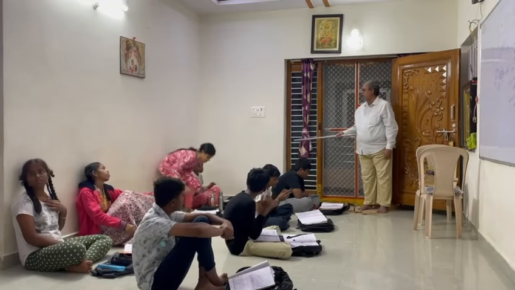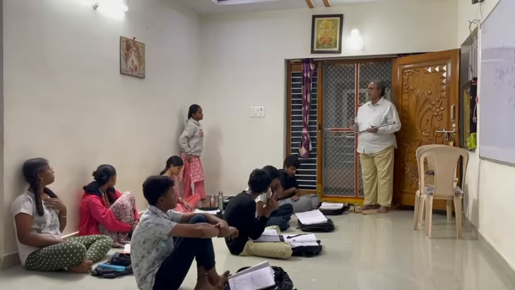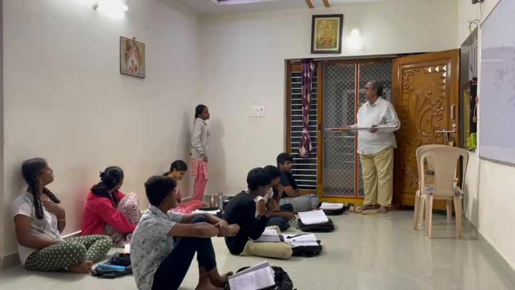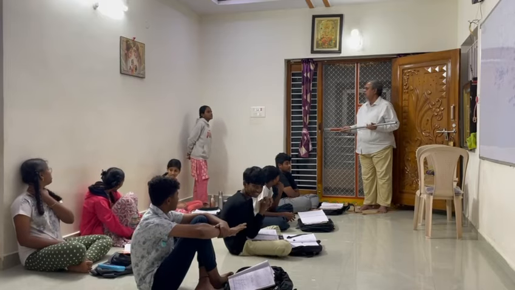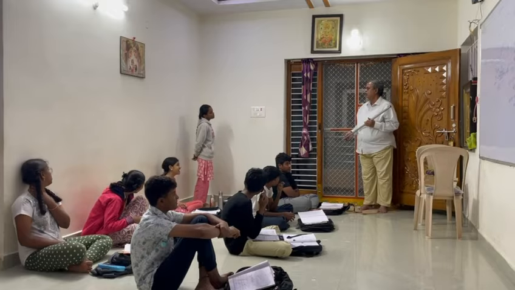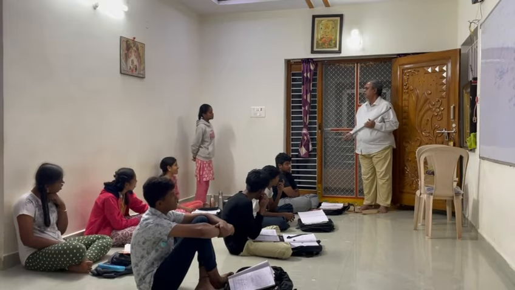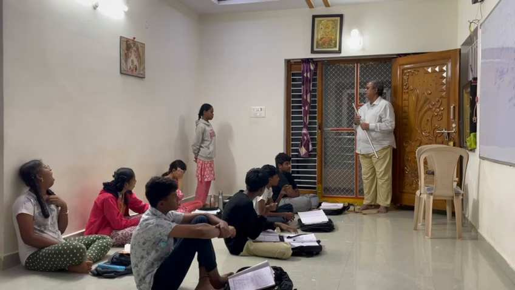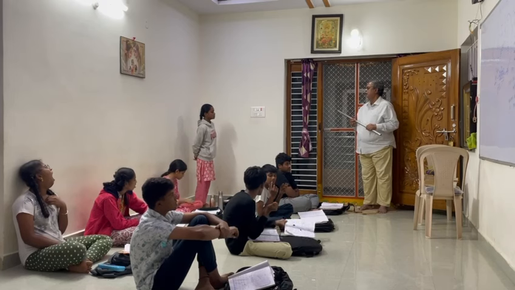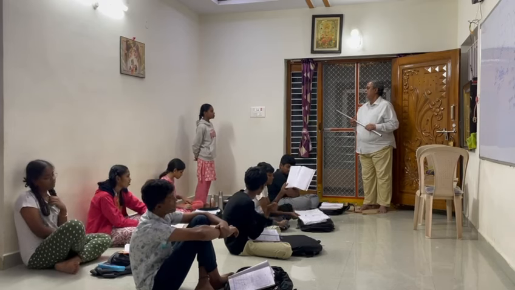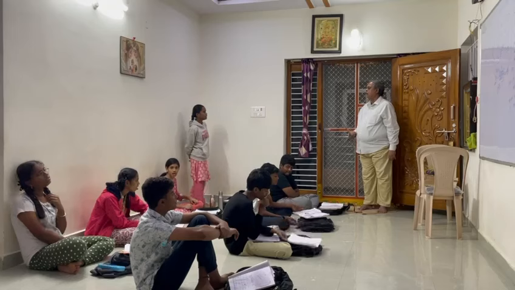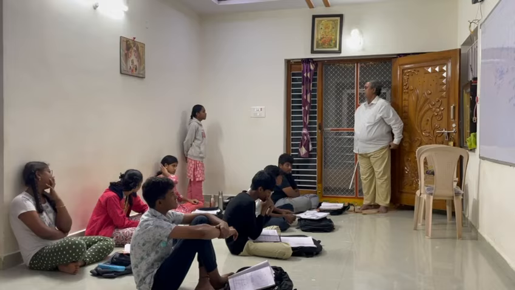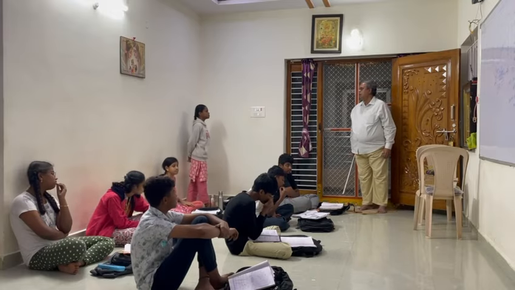Learn it like this. The difference between low potential and high potential in a conductor, the work done by the electrons to move a unit of positive charge from one terminal to another terminal is known as potential difference. V is equal to W by Q, which is equal to joules by coulomb.